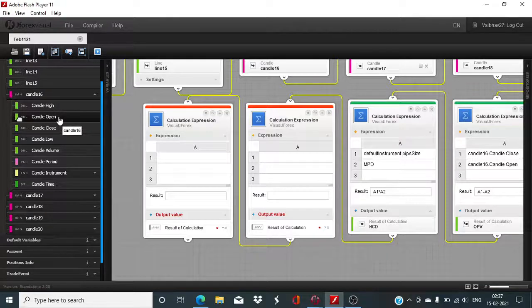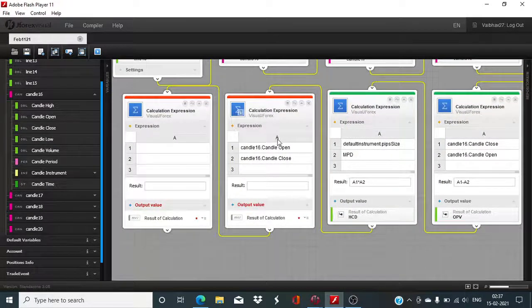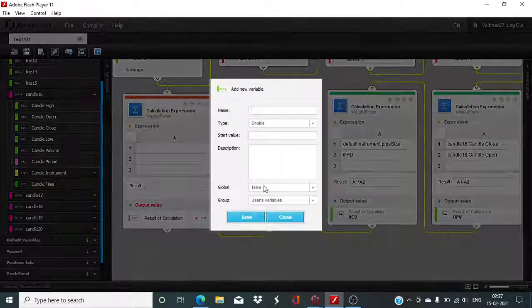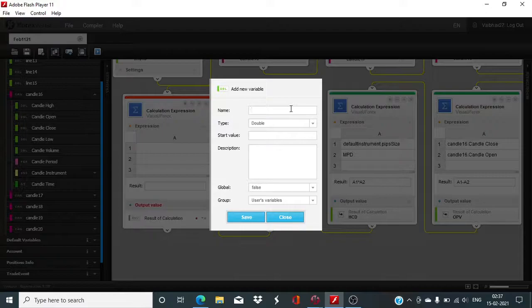We will be deducting its closing value, which is going to be lower, from its opening value. So here A1 minus A2, and this will be the closing opening difference,